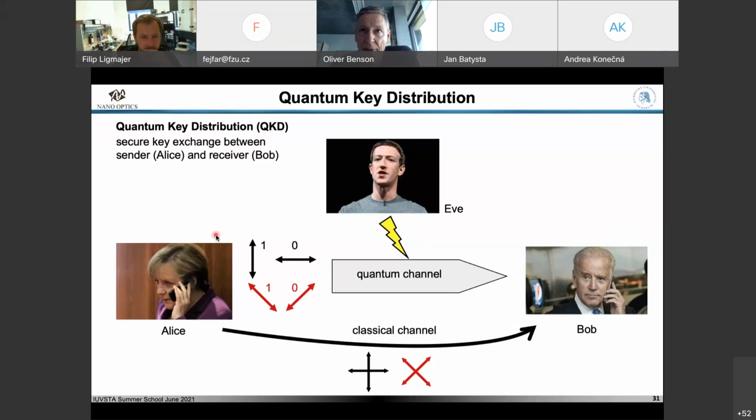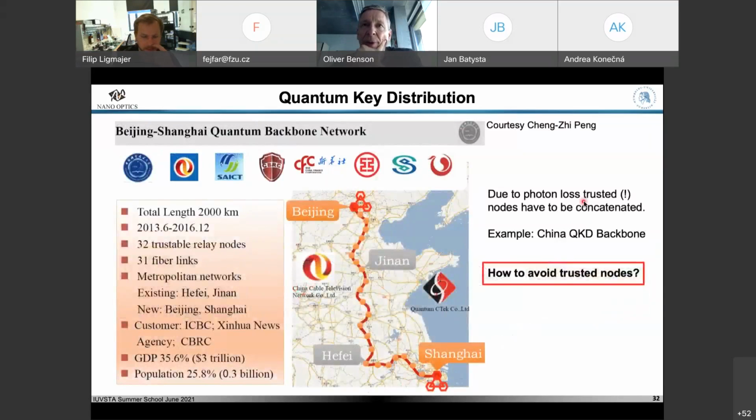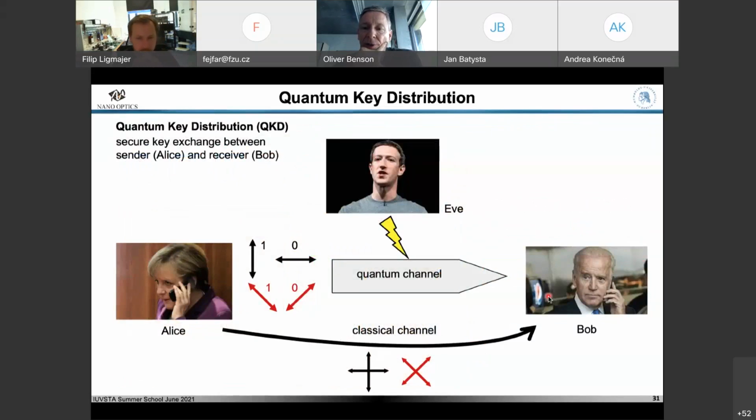The only thing that I want to mention is Alice and Bob have to exchange individual photons or entangled photons and then perform measurements to see whether they have a reduced error rate. Good. The problem in this scenario is that you typically transport these quantum objects, photons, through optical fibers. But there's damping. Even in the telecom fibers, where the loss is low, you have damping. And typically in fiber networks, you have amplifiers, but you can't use amplifiers here.